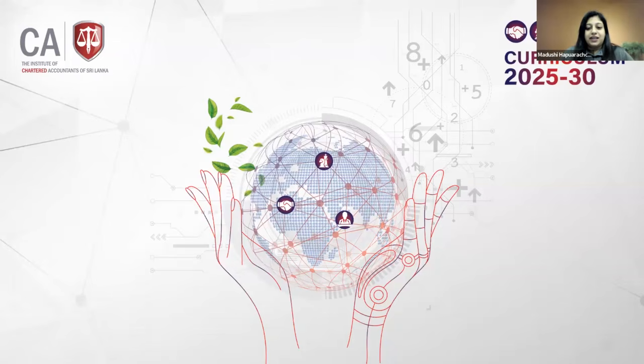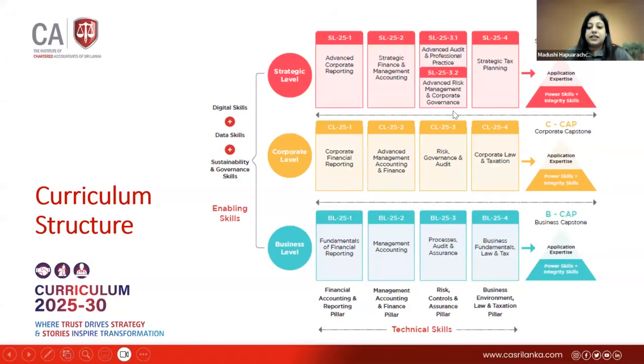What I wanted to highlight is in our new curriculum, we have the three promise objective: creating trust, and the strategic and the storytelling skills, through the subjects which we are offering through the curriculum. The speciality of this curriculum is that we have incorporated a lot of new areas, including digital data, sustainability, and also the integrated knowledge related to the subject areas applicable to the curriculum as well.